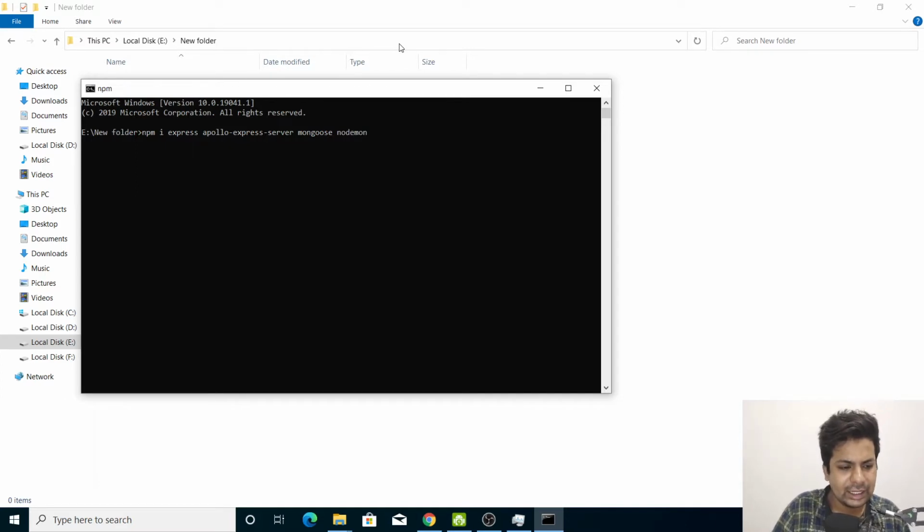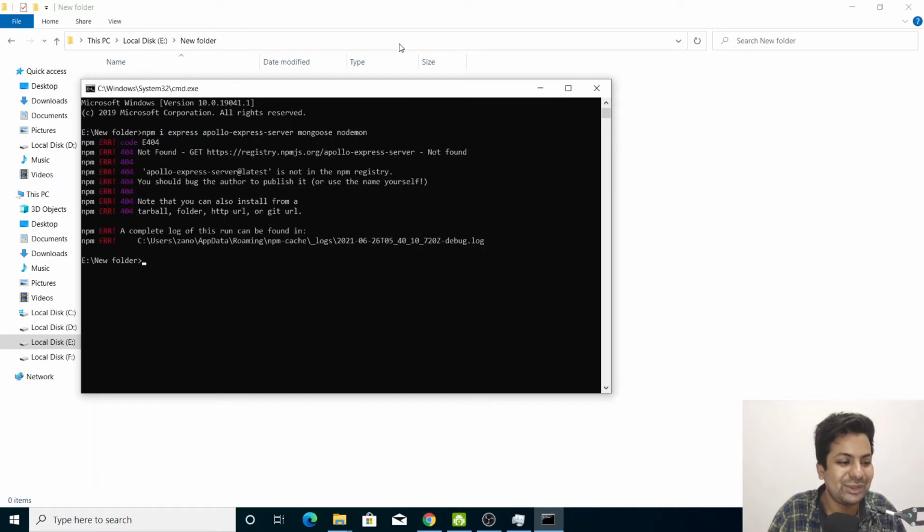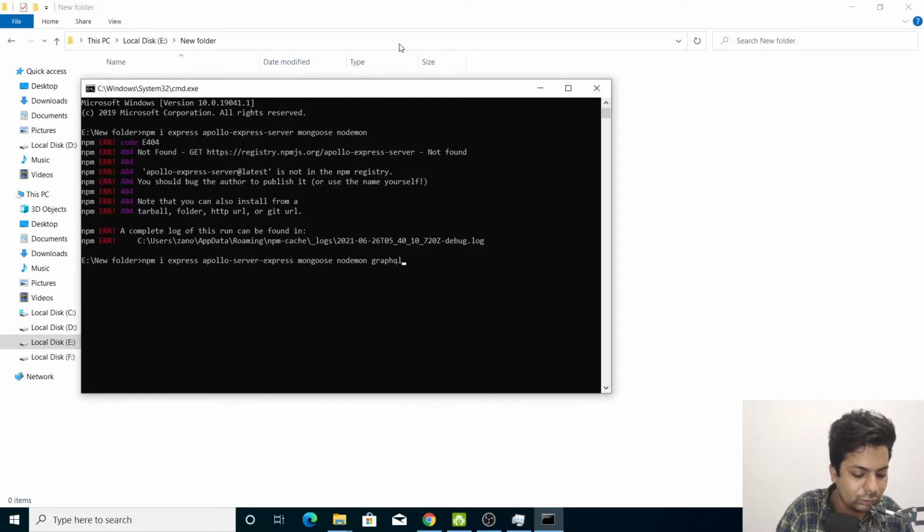And I think that's GraphQL. GraphQL is also needed because that's the main thing. It's Apollo server Express, and GraphQL.